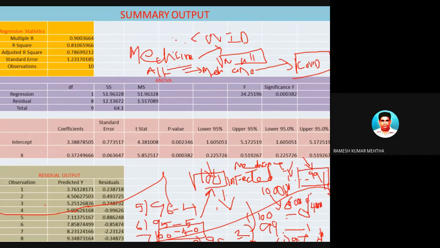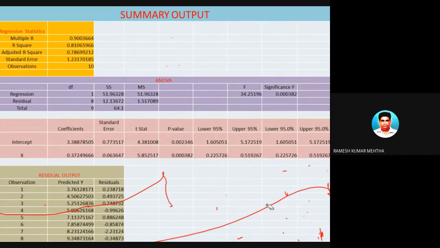So now come back to our original question. The question is whether this medicine is effective or not. We should have a degree of confidence with which I can tell, yes, this medicine is very good. This degree of confidence is called the level of significance. Okay, this is very important. So we'll get back again.